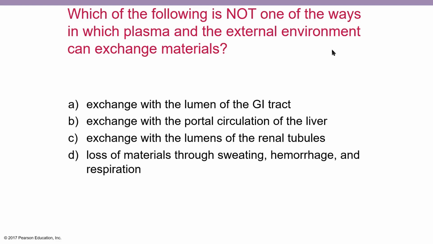So there's no exchange with the external environment happening across the portal circulation and the liver, okay? There is exchange happening across the lumen of the GI, so we go from the lumen into the GI, that's external to internal, across the lumen of the renal tubules, right? So we go from the urine across into the urethra and the ureters and so on. That is exchange into the external environment. And then lastly, loss of materials through sweating, hemorrhage, and then insensible loss through respiration. All right, so B is correct. That is not an exchange between external